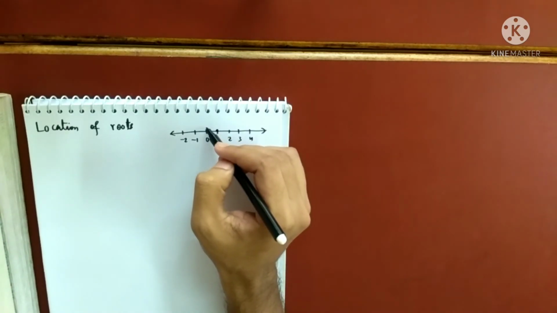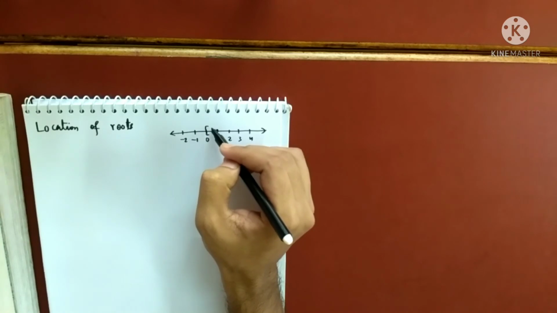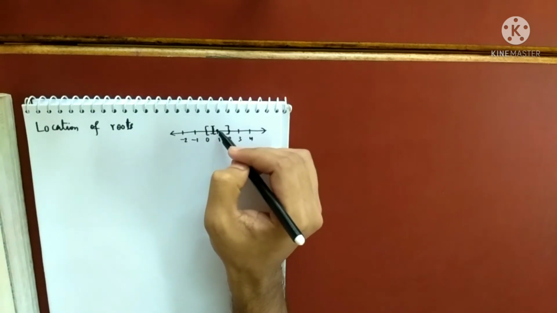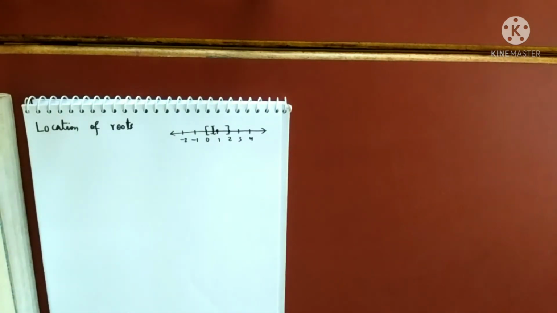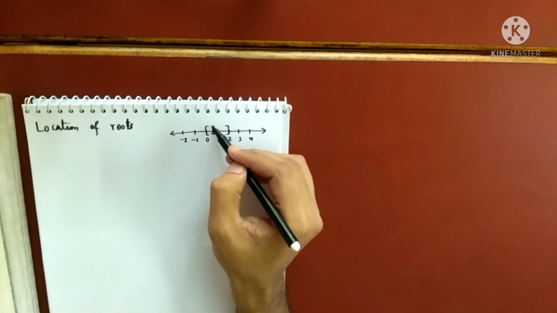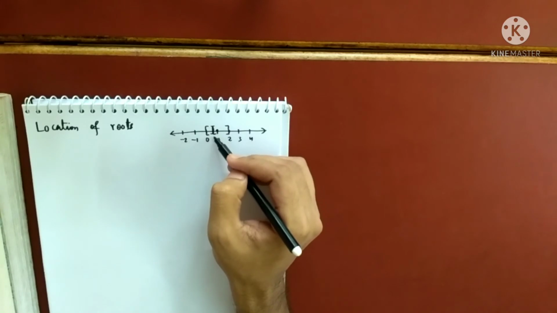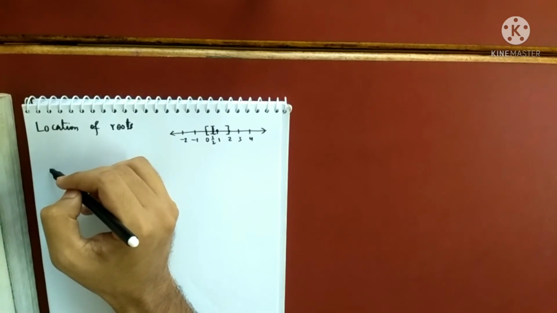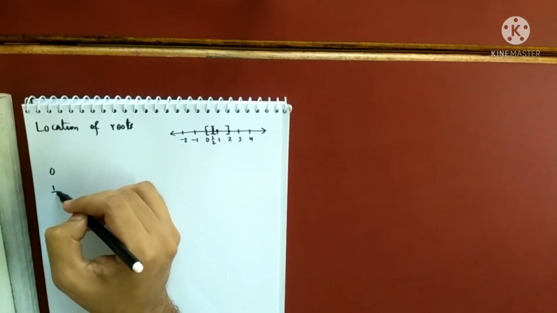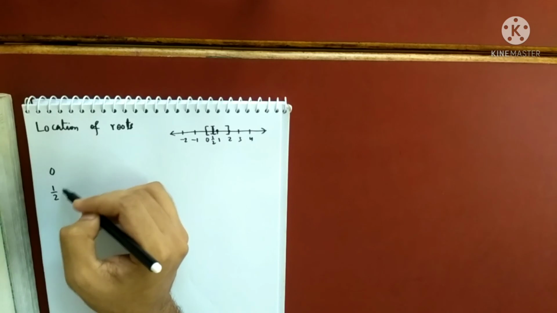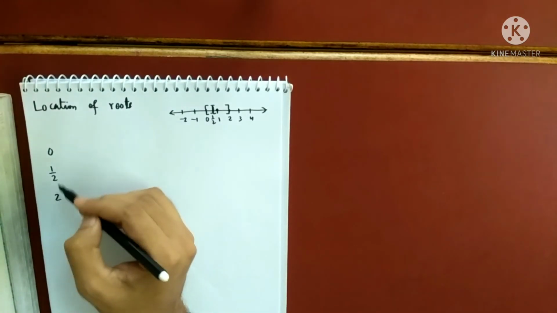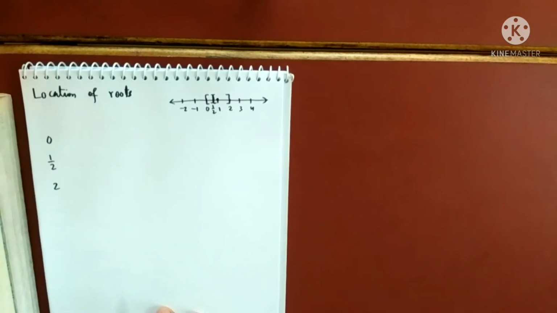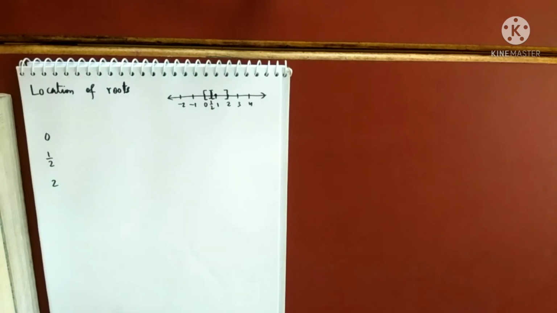So I will take the first interval to be 0 to, suppose, half, and then half to 2, because I know one root is 1. That is the reason I will take one subinterval to be, maybe, half to 2, and then 0 to half. So let me take the location: I am taking 0, I am taking half. I don't know whether a root will lie here or not, but I know a root will lie here. One is a double root, I know, so one will lie in this interval.